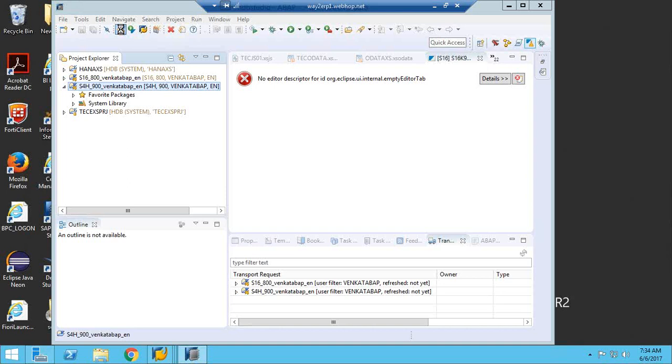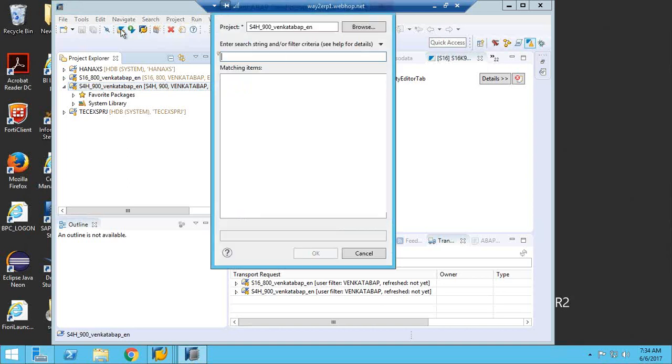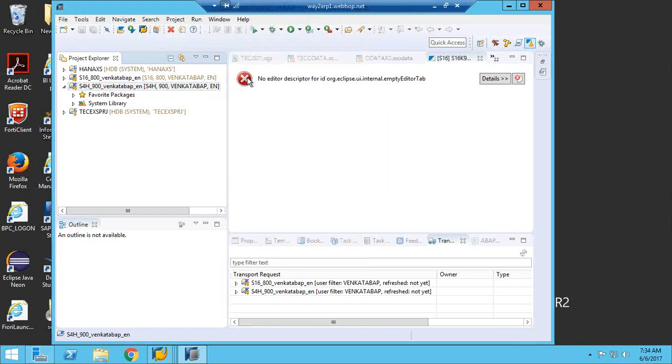I created that program and I can see it here. Whatever program I wrote in SE38, the same thing I can open here and change from here.